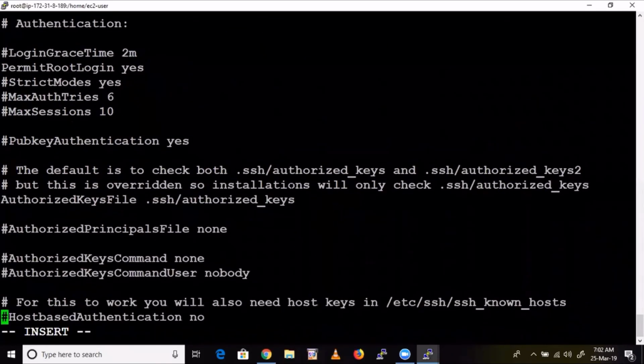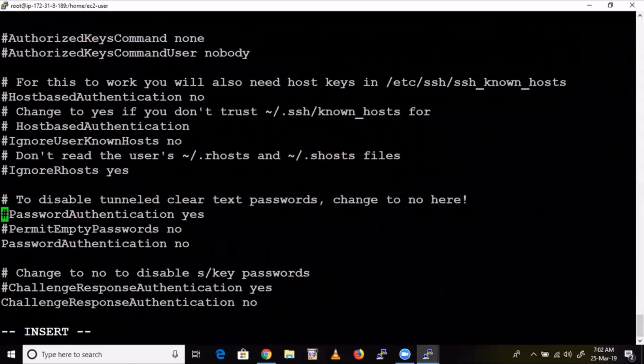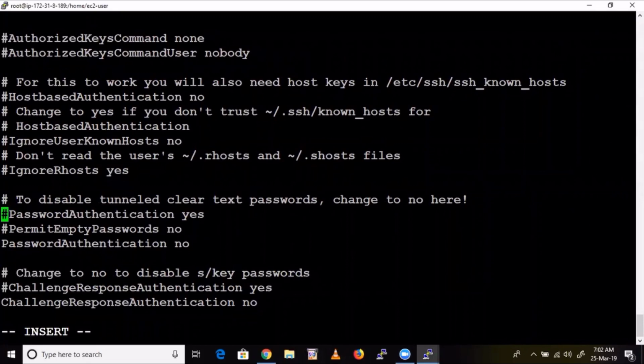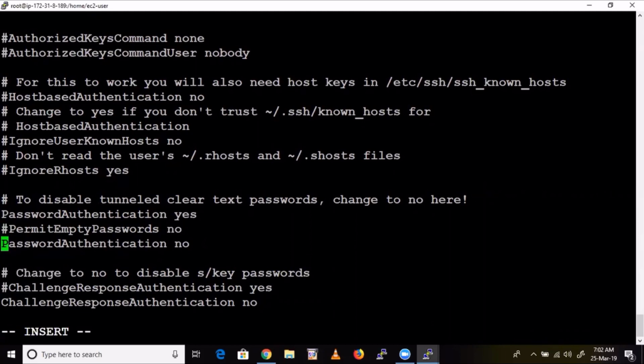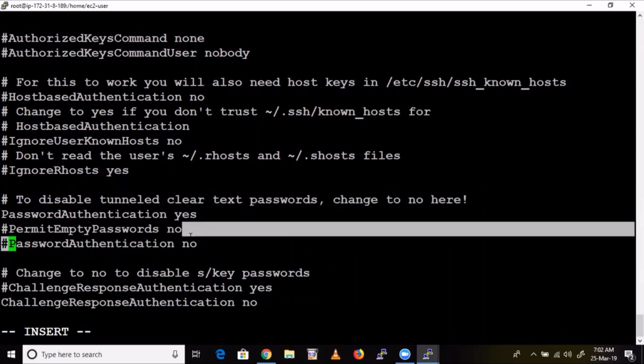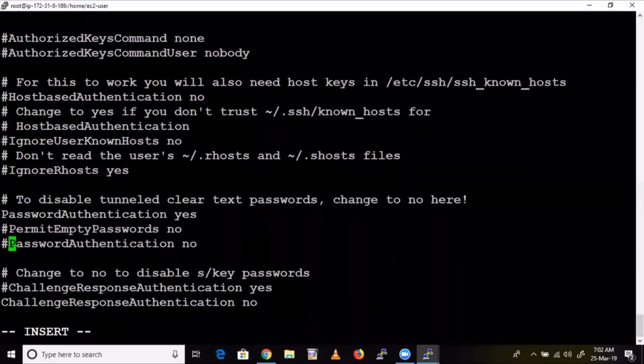Apart from that, if you scroll down, see here, PasswordAuthentication, it is showing yes, right? But it's commented. We need password authentication; it should be able to ask for the password. But it is in a commented state. So what we do? Remove the comment here. And where PasswordAuthentication is showing no, you put a comment there, like that. We have removed the comment here, and we have commented this one. That's it. Only 3 lines. Now let's come out of this one.